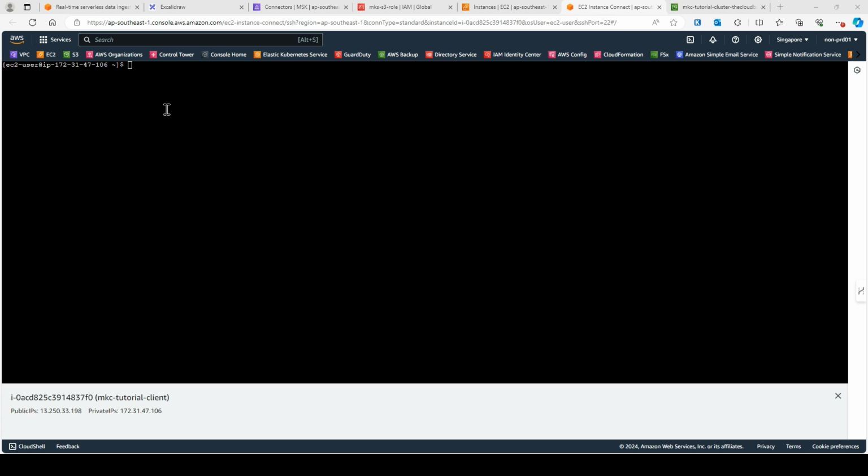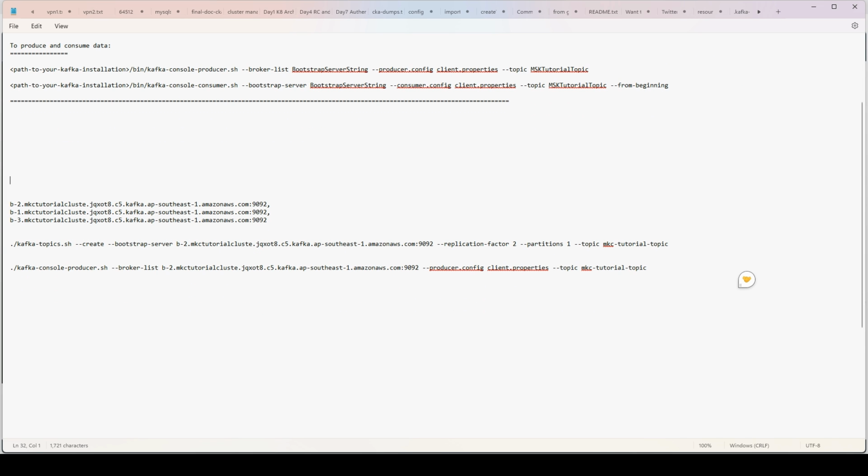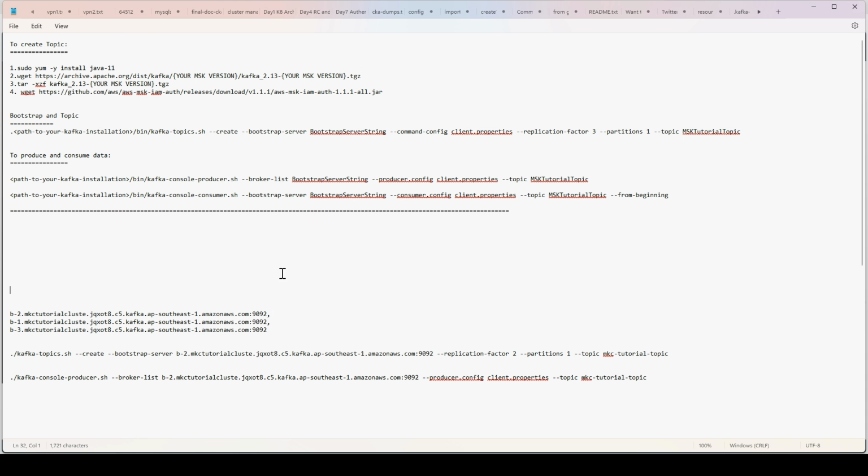When you are here, you need to run all these commands again. Let me show you. Yeah, so again, you have to run all those commands that we ran in my previous video. You have to run your Java install. You have to download Apache Kafka and untar it, and then you have to run this particular IAM jar. You don't need to run this in this case, but these three commands are a must. So you just copy this here,